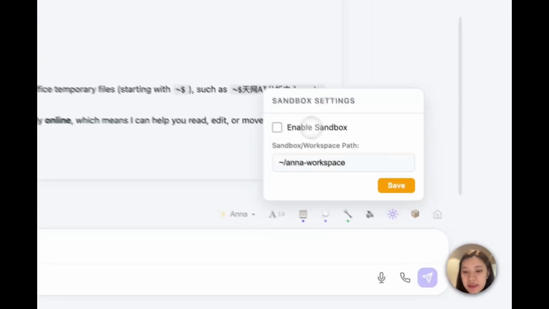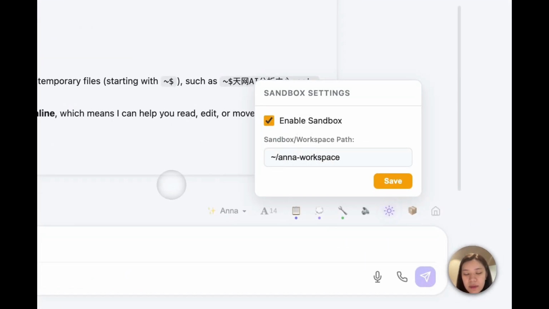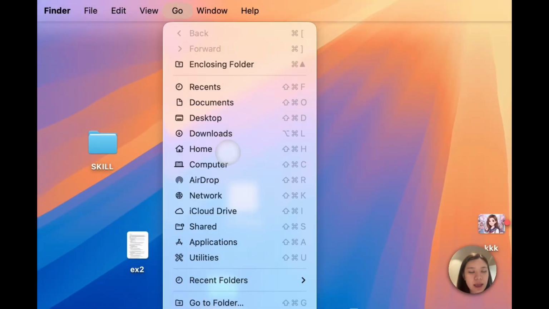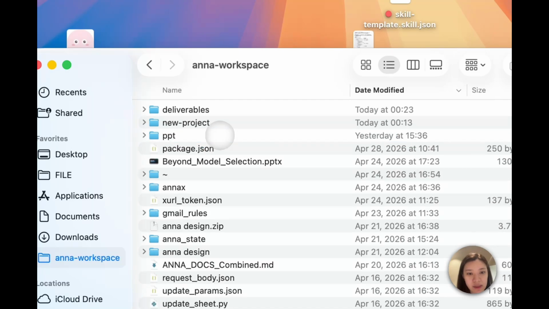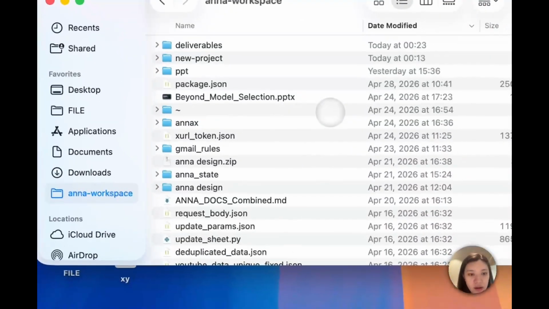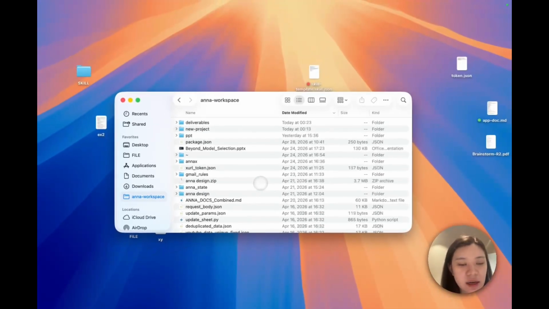If you enable Sandbox here, that means this AI can only have access to this dedicated workspace path, like this one on our workspace. You can just go home and find this workspace, right? It's here. So if the Sandbox mode is on, that means AI cannot have access to desktop and other folders,